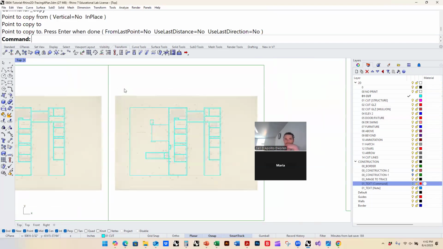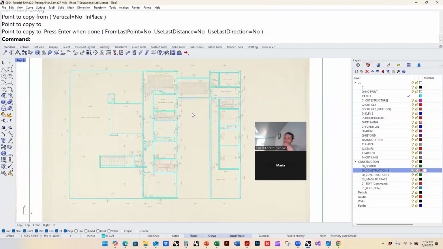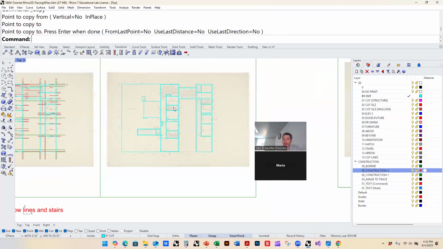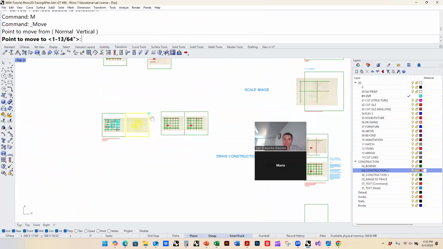And I've got something that looks like this. Okay, so I've got only one layer, only walls, with no doors and nothing else going on. Okay, so after you have this,